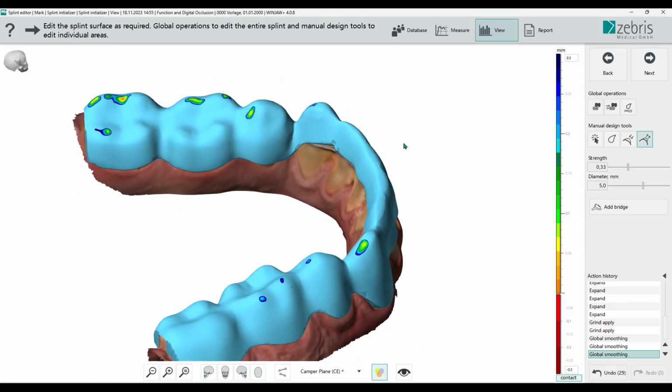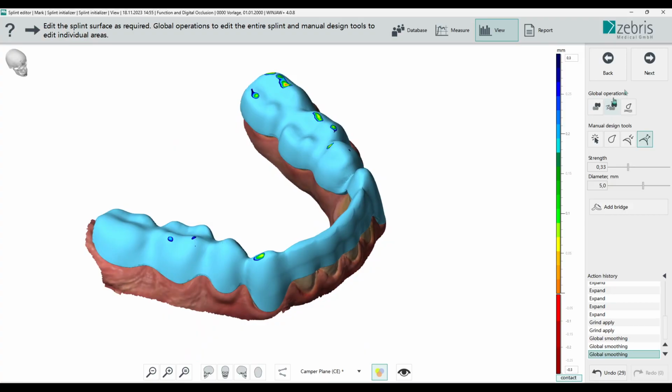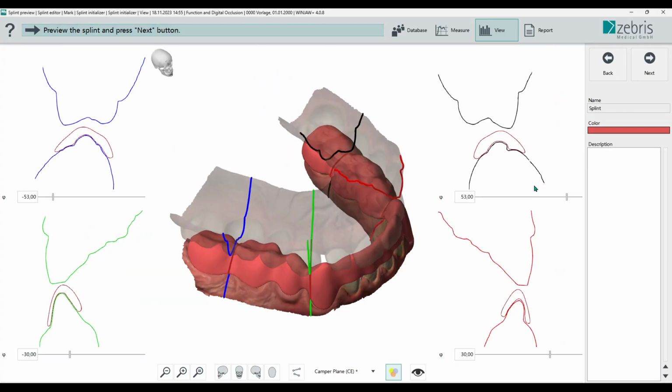And now we have our splint ready for milling, and we can go next to check the section cut preview of our splint. If everything is as we want on the occlusal contacts, we can give our splint a name, give it a color in our Zebra software if you want, and give it a description so we know why we made this splint and the way we did it.